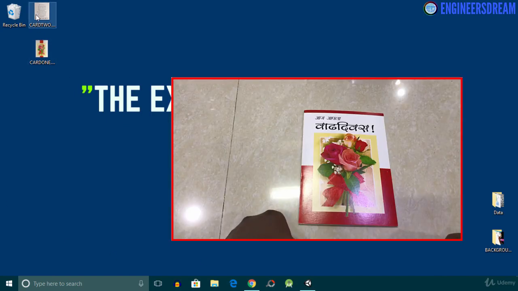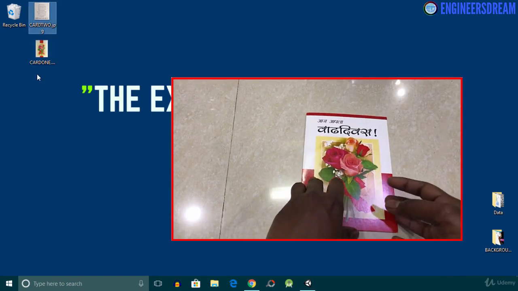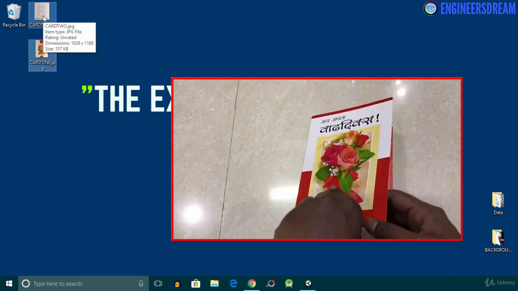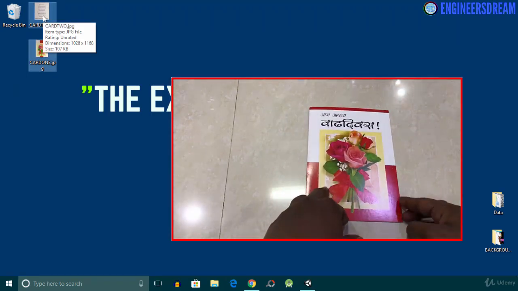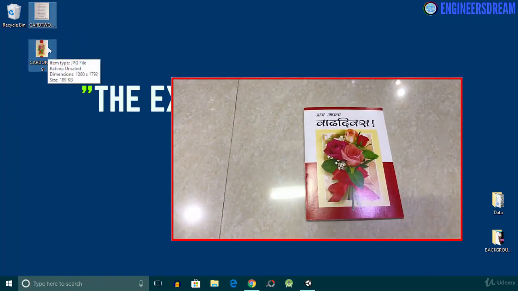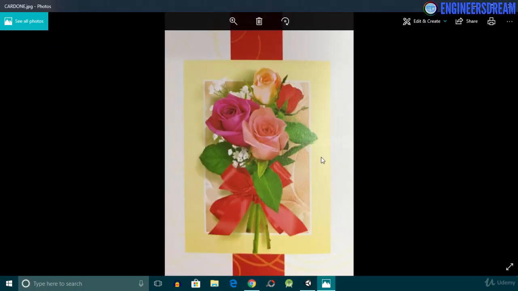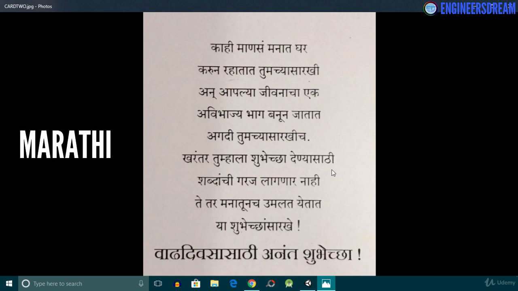And as you can see on my desktop, I have kept these two images. So both these images are a part of a birthday greeting card which I had received few years back. Okay, so I'll open it. So as you can see, the first image basically contains some roses. If we look at the second image, then this second image basically contains some text which is written in Marathi.